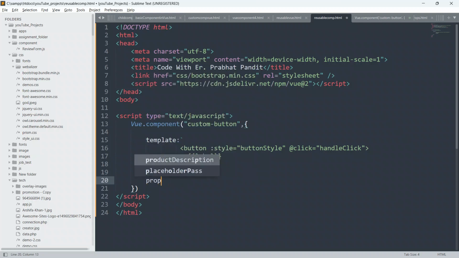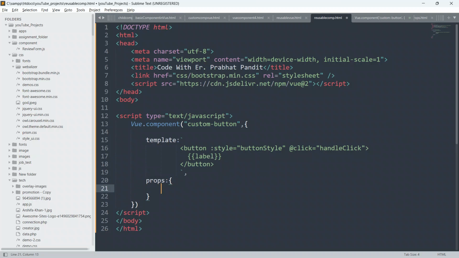So guys, I am going to create a props also. Just pay attention, and watch the video carefully, because if you miss something, you will miss everything. Just be here and watch the video carefully and thoroughly. Don't try to skip anything, and please don't fast forward the video, otherwise you will miss something, and later on you will face a lot of difficulties and problems in getting the code.